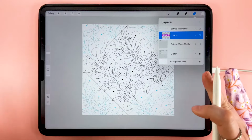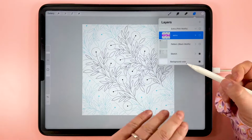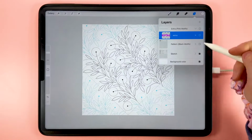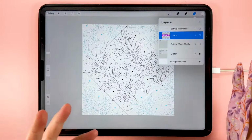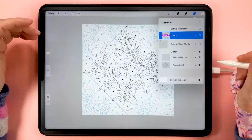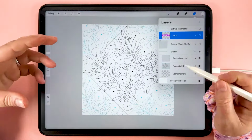So don't panic when you initially download the files and all you can see is blank thumbnails. The template layers are all there, you just need to come in here and turn them on in the layers panel. So you'll see this has all the layers that you'll be familiar with if you've followed any of my pattern tutorials before. We've got the sketch diamond here on this layer, we've got the template underneath,